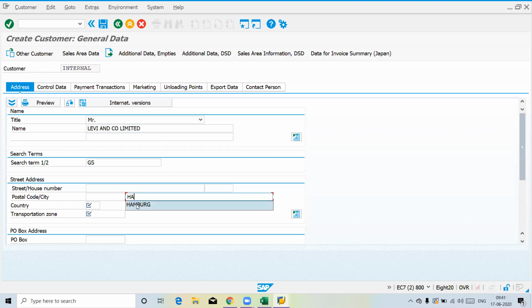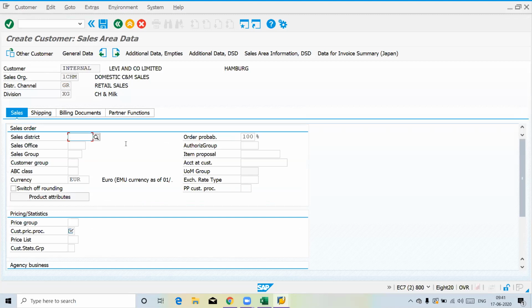Assume that it's located in Hamburg and the country is DE. So the region is 02 for Hamburg. And you take some transportation zone, that's okay. I will let you know what exactly it is after some point of time. So now go to the sales area data.